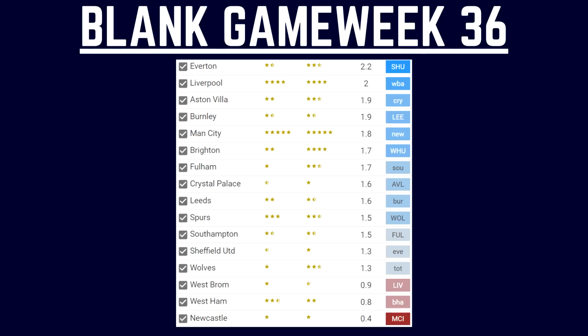So from an attacking point of view here, you can see that the stats are backing up my prediction for the best fixture of blank game week 36, and you can see Everton are rated a lot higher than any other opposition. I was actually a little bit surprised to see that Man City were 5th on the list for best attacking returns at only a 1.8, and Everton have a 2.2. So if you're looking for an attacking option, Everton look like quite a safe pick to go for, and then also have Liverpool,